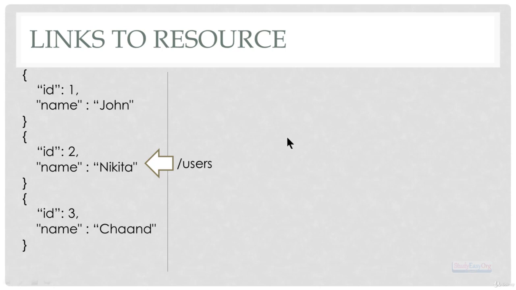Now, for example, we want information of a specific user only. In that case, the URI will be users/1, users/2, users/3. Now, what exactly are these 1, 2 and 3? These are nothing but the identifier, the ID of the user.